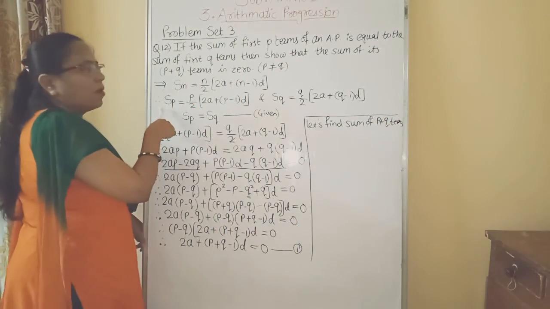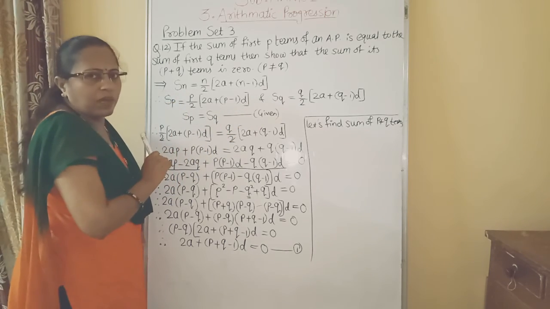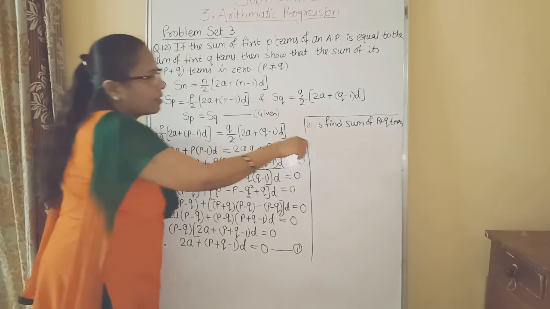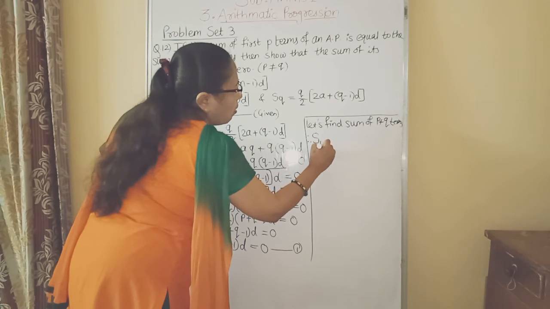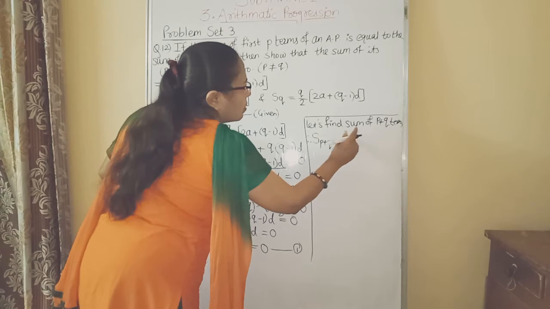So it is like sum of p terms, sum of q terms, sum of n terms. Same formula we have to apply. Only here instead of n, what we will write? p plus q. So therefore S of p plus q is equal to